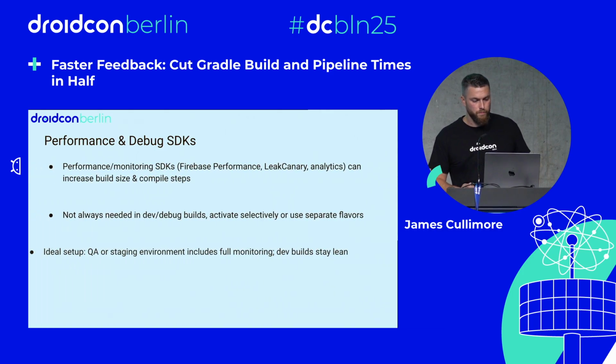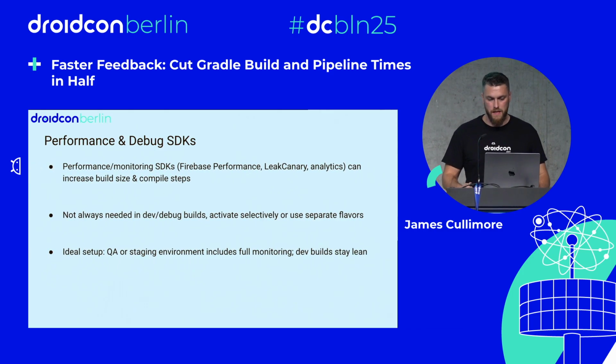In regards to performance monitoring SDKs, there is some debate online about whether SDKs like Firebase Performance Monitoring slow down builds. I myself haven't seen proof, but it's plausible because they at the very least add more code to compile, shrink, and dex. A few people have reported performance issues online, but again, this doesn't mean it's necessarily the case for everyone. The point is, even if build slowdown is minimal, you don't necessarily need these SDKs in every single dev build. Having them active all the time makes your dev loop heavier.